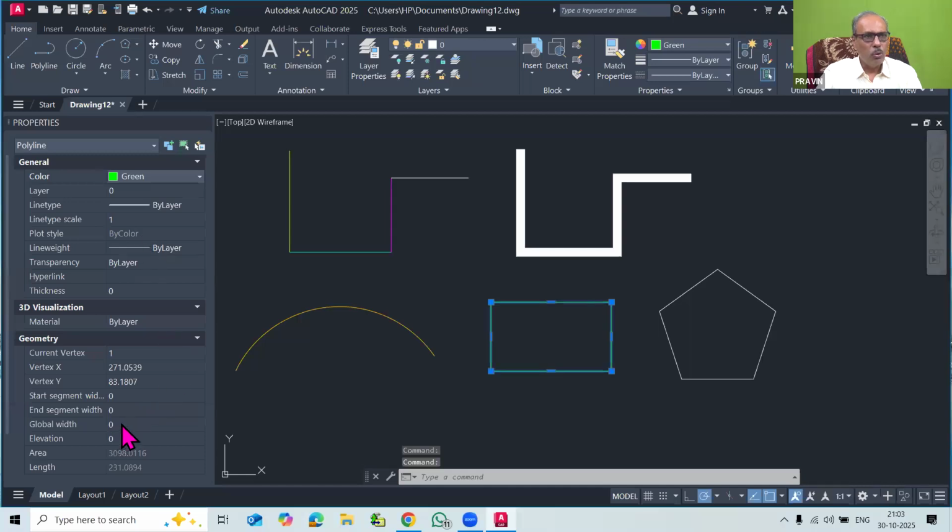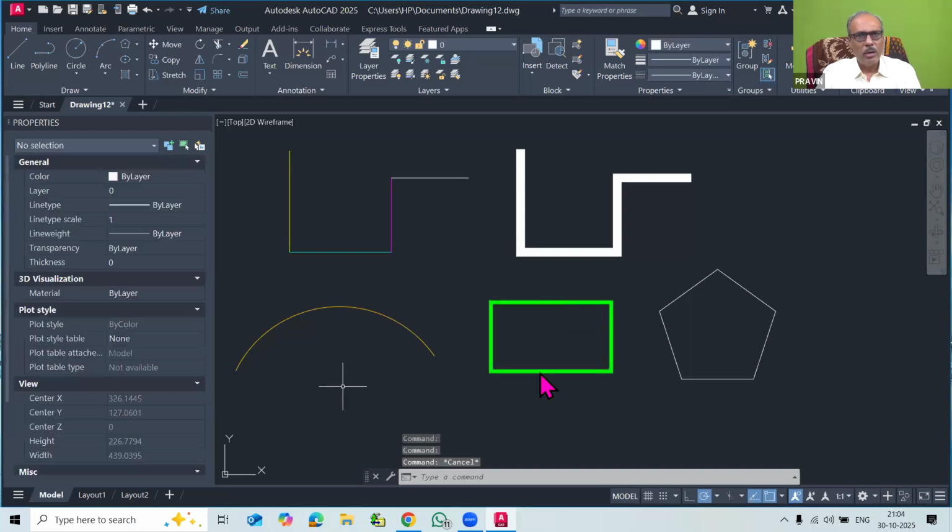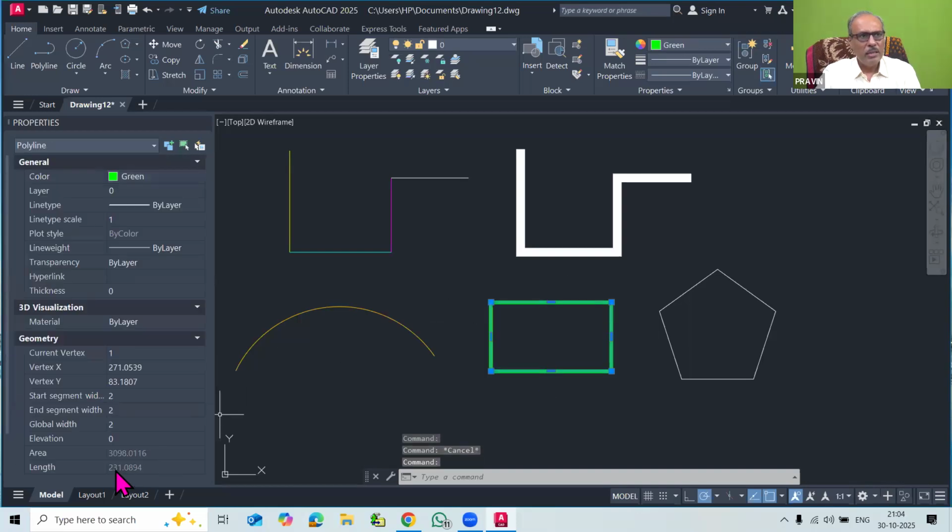Then you can go to the global width and check the global width. So 2 I have made. The thickness of the rectangle you can also change. By selecting this rectangle, you can get the length or perimeter of the rectangle. So this 231 is the perimeter of the rectangle, and 3098 is the area covered by this rectangle. This is the important thing, you can watch it here.